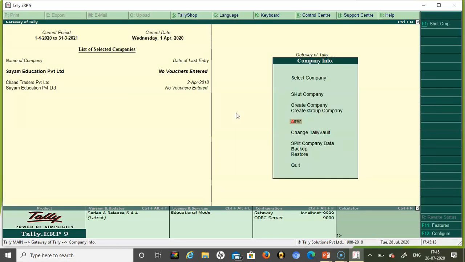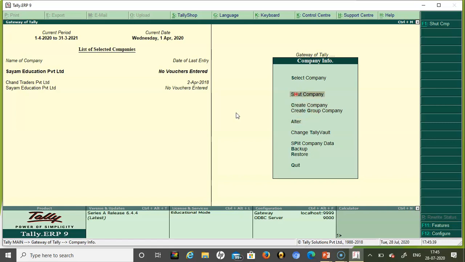Now the third is shut company. What is the purpose of shut company? Shut company is used to load or unload data. If you are going to unload your company called Siam Education Private Limited, that is very important.